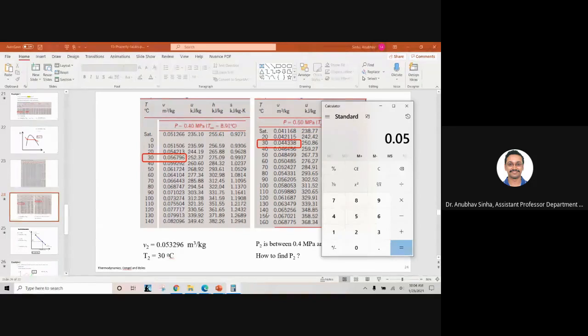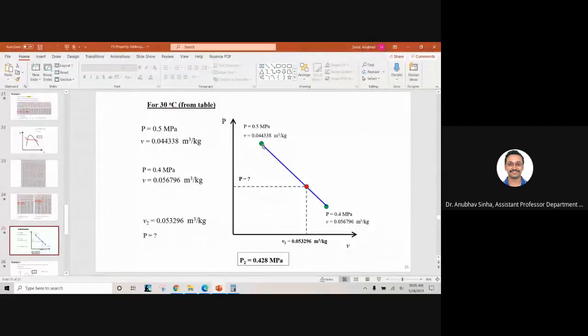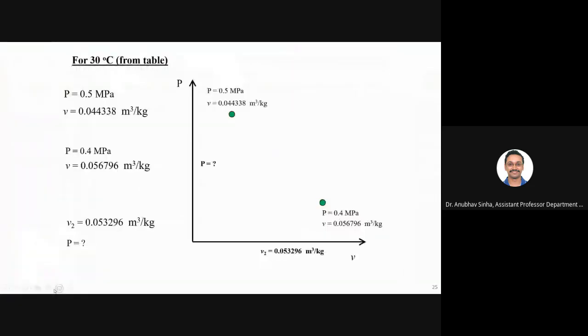Basically, this is for a small temperature range. This is not very far. For a small range, we can approximate it as a straight line. It will definitely be some curve. It will never be a straight line. But since the difference is very small, you see 0.04, 0.05. Let me say that you have some curve. For a very small interval, can I not approximate this to be a straight line? That's what I'm doing here. That is not the best option, but it is the most convenient.